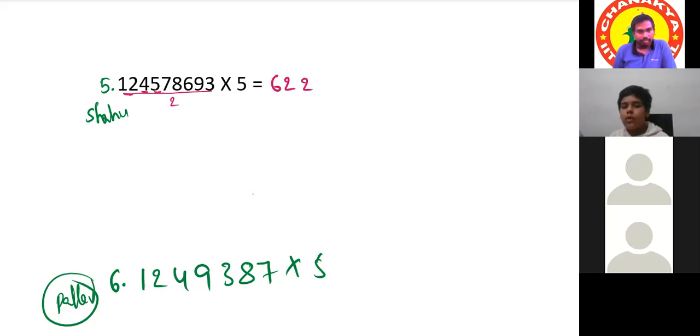We'll take 17, so it will be 8. Again the remainder will be 1. 18, so we'll take 9. Then 3, then 4, remainder will be 1. So we'll take 6. Finally remainder 1 is left. So we'll write 1. No. That remainder we have to multiply with 5. If the remainder is 1, write the last digit 5. Don't forget this point.